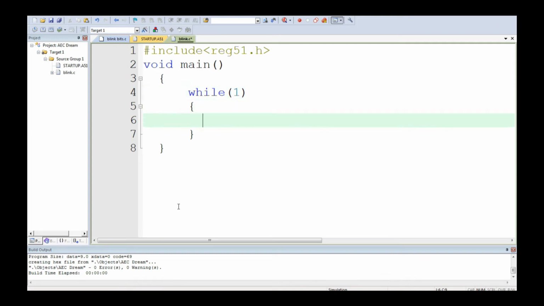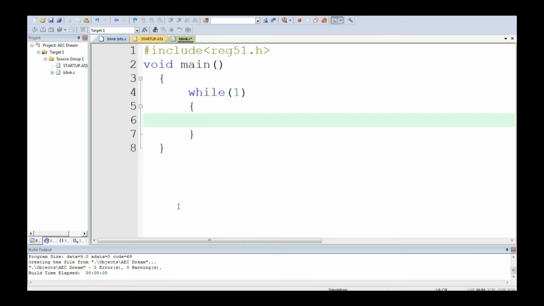The code within this while one needs to execute forever because all embedded systems have to work 24/7. For example, all TV remote controls work 24/7. The UPS in our house works 24/7. So all embedded systems must work 24/7. Hence, the code within the while loop has to execute forever as long as there is power supply. That is the significance of the while loop. If there is while one, we can say it is embedded system code. If there is no while one, we can say it is not embedded system code.